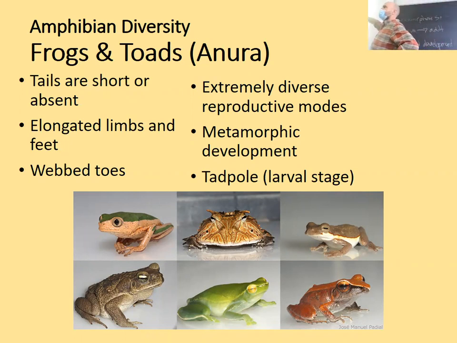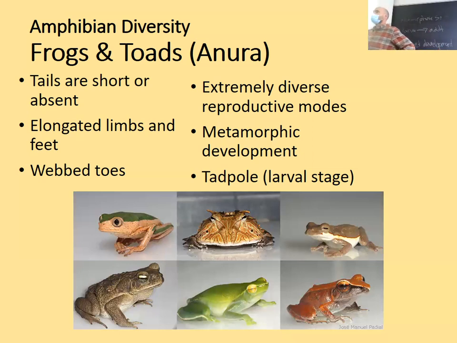Extremely diverse reproductive modes, meaning that we have frogs that mate in water. We have frogs that mate on land. We have frogs where the dad pastes all the eggs on his back and carries them around until they hatch into little tadpoles. We have, check this out, a species of frog where they lay the eggs and then the dad comes along and swallows the eggs, but his digestive system has been completely modified. So his stomach no longer contains digestive acids and instead acts as a brooding pouch until all those little tadpoles hatch into little froglets, and then he barfs them all up. I'm not making this up, it's wild.